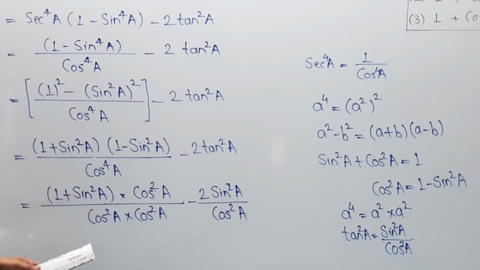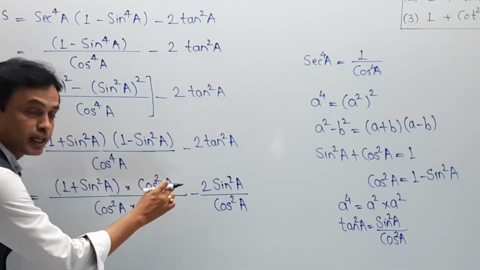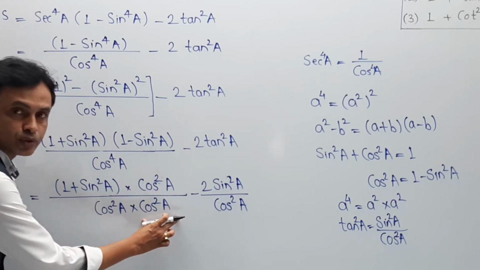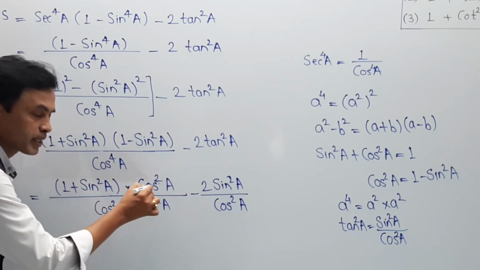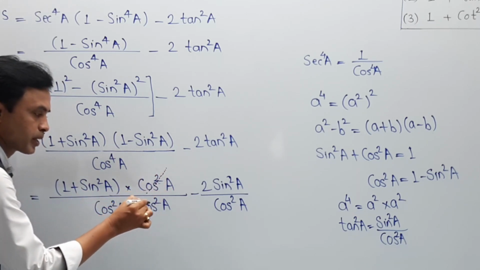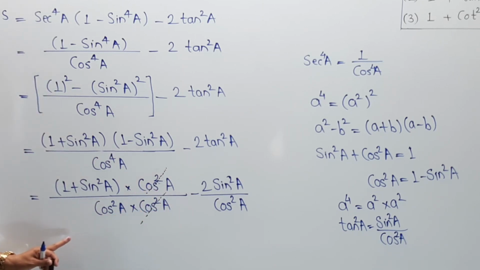And in this way, now we are ready for the cutting operation. Here you can simply cancel the first bracket into cos square a by dividing by cos square a into cos square a. Means everywhere there is a multiplication sign, so you can cancel one cos square a from numerator and one cos square a from denominator. This is the main step of this part, and the rest of the steps I am going to write upstairs. Up till this part, I hope you are very clear.